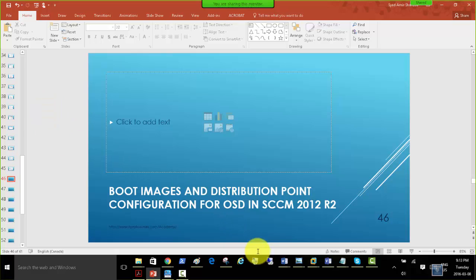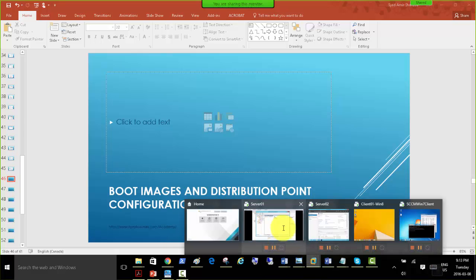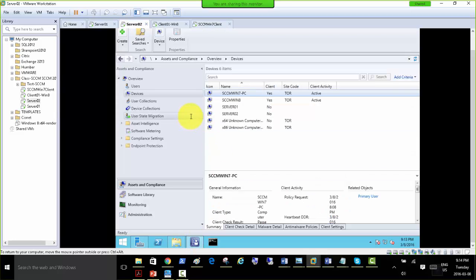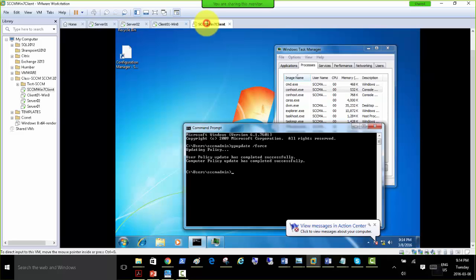So before that, what was that collection that we did not configure or try? So if I go back to my SCCM server, and open that SCCM client,